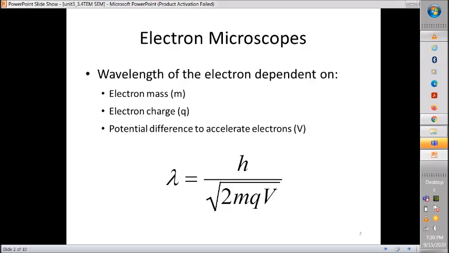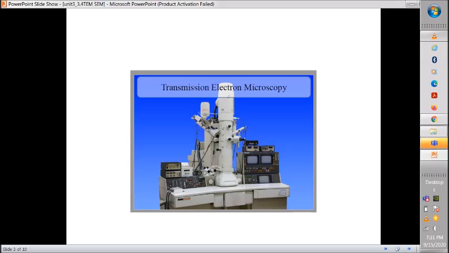Because whenever we use microscopes, we have to use an electron gun. From the electron gun, a bunch of electrons comes out, and those electrons have their own force within them, so a potential difference arises to accelerate them. So this is the main criterion to consider with electron microscopes. And this is the view of a transmission electron microscope.